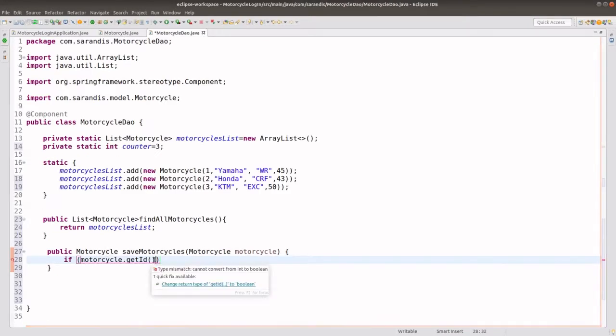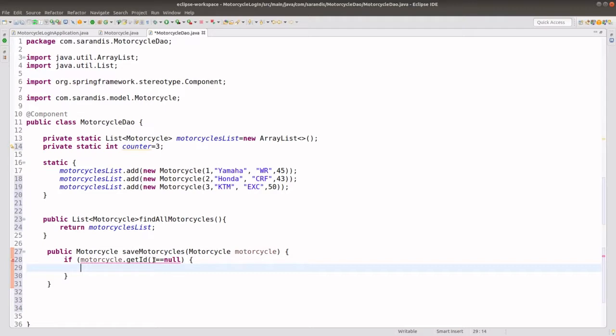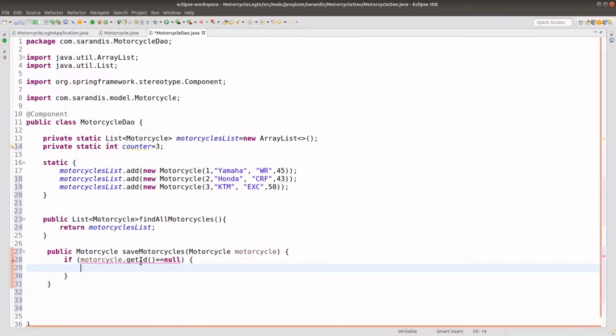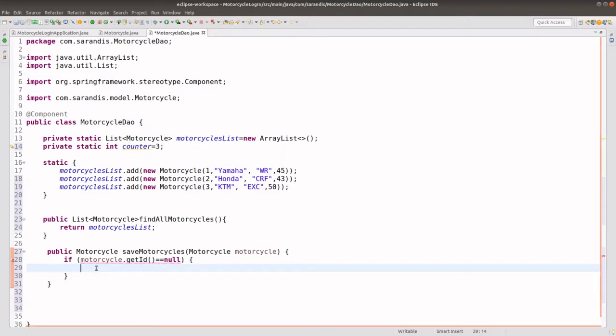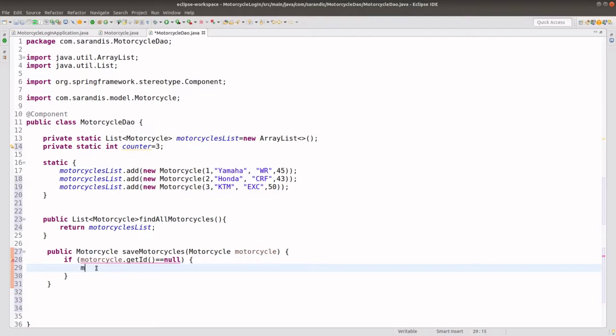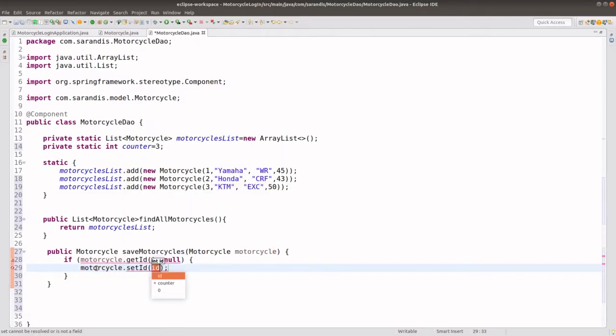If the ID is null, if the ID doesn't exist, then what do I want to do? I want to set the motorcycle. I want to set the ID to increase the counter,